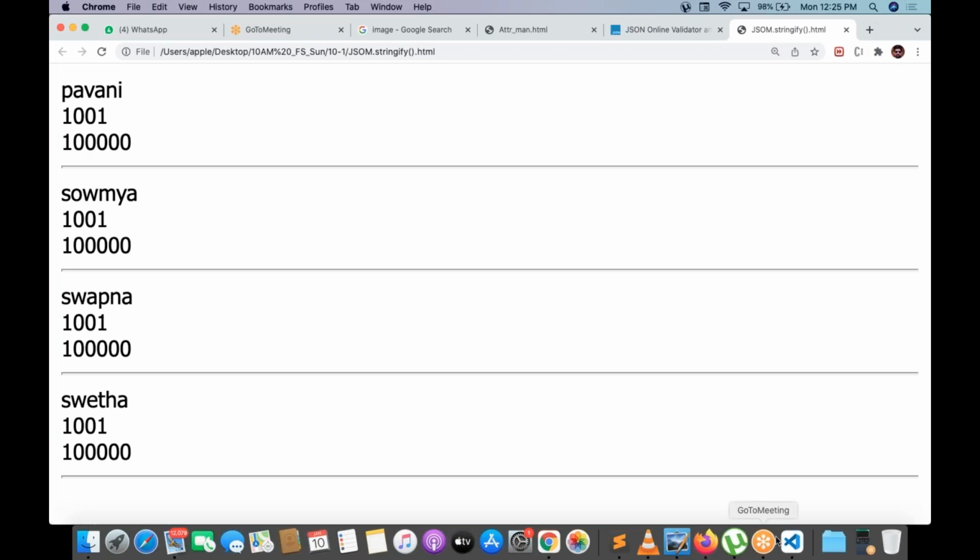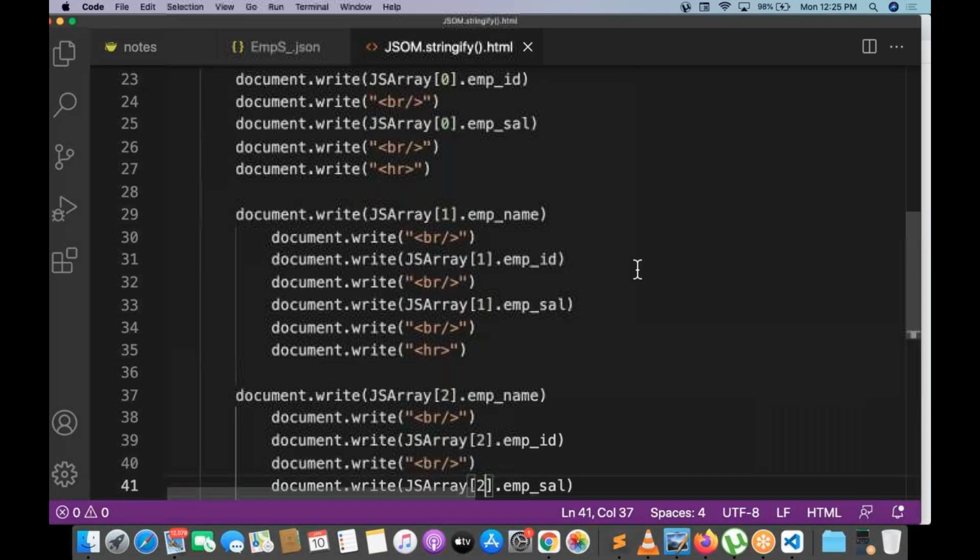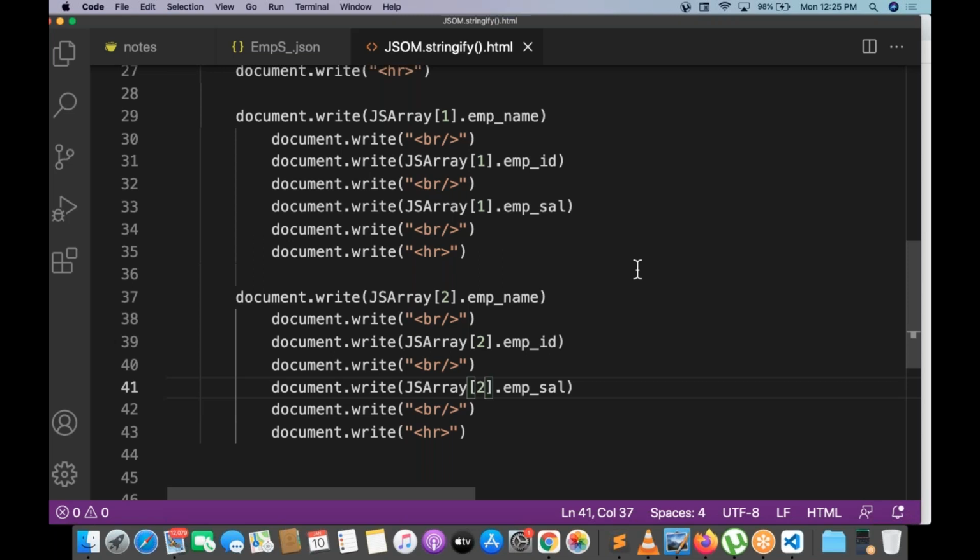But this kind of parsing is not actually allowed in real time. We have to put a loop, a for loop. Why? Because we may get 1,000 records. We may get 1 million records. One million times I can't write like this: 0, 1, 2, 3, 4, 5, up to 1 million. You can write the program like that, but that is a dummy program. Nonsense.